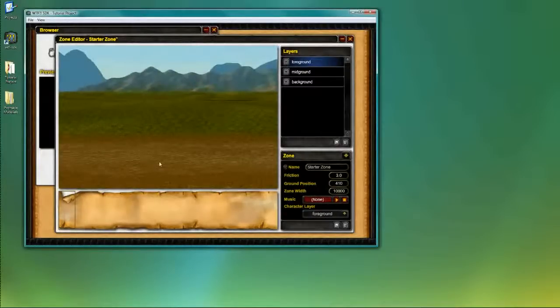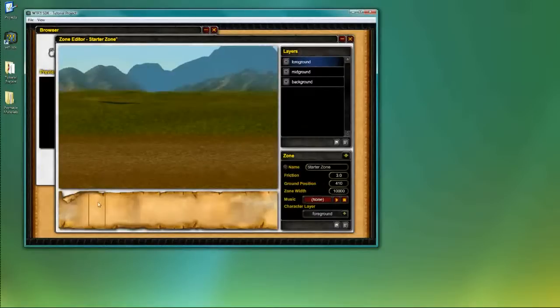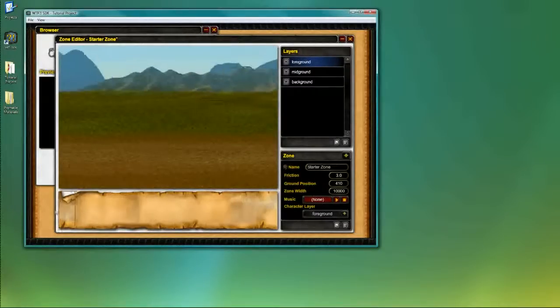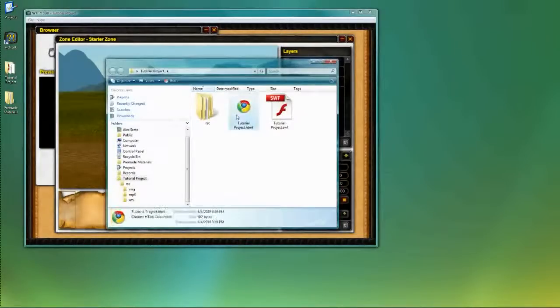Now if I actually want stuff that's in front of the player, I can add more layers here, dump more objects, or create more backgrounds, but for now that's good enough. I'm going to save and I'm going to test. So I am going to go back to my tutorial project, launch it,